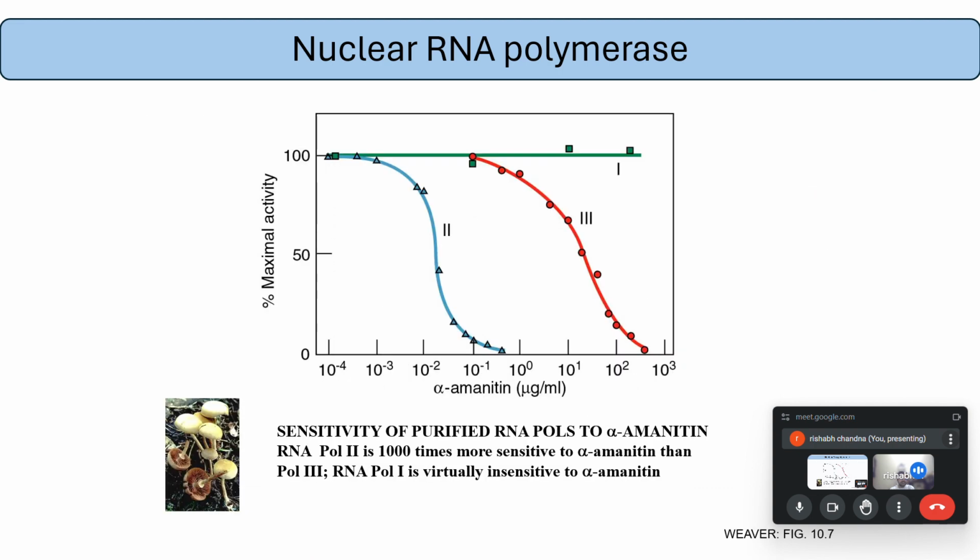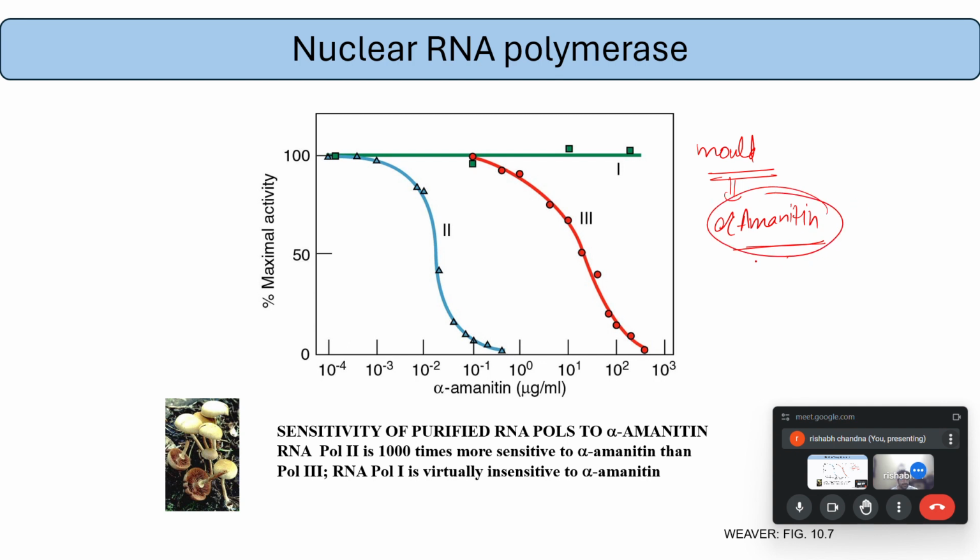Then there is a way to distinguish between all the three RNA polymerases. There is a mold called Amanita phalloides, which produces a toxin called alpha-amanitin. All the three RNA polymerases are differentiated on the basis of their sensitivity towards